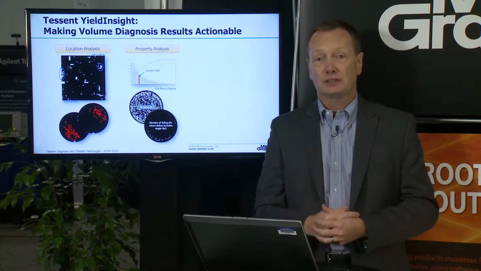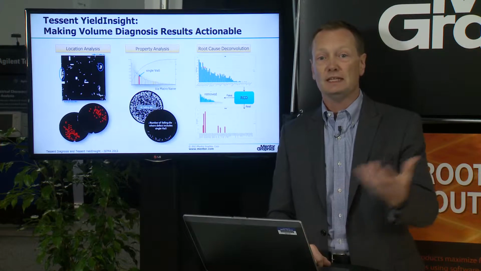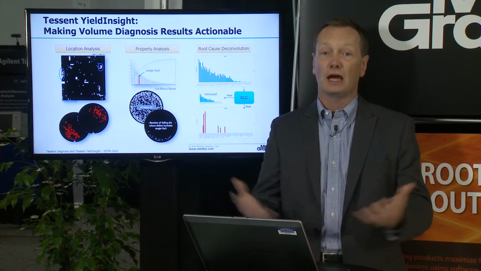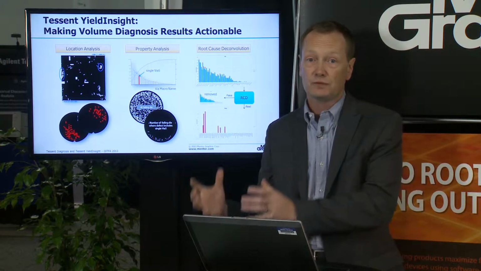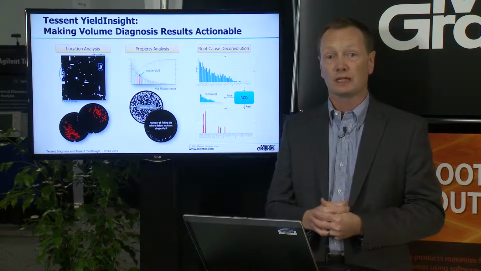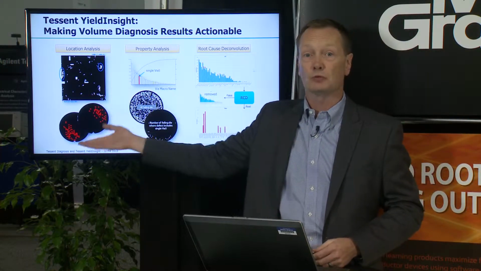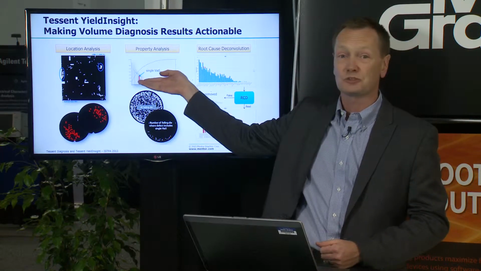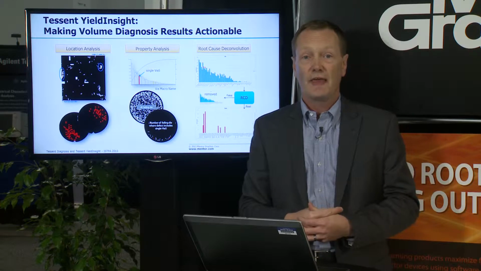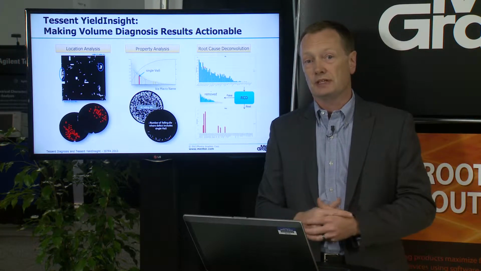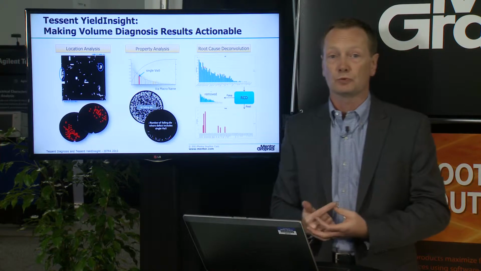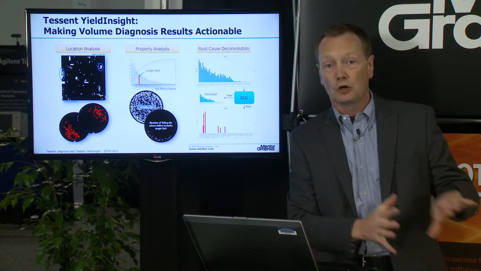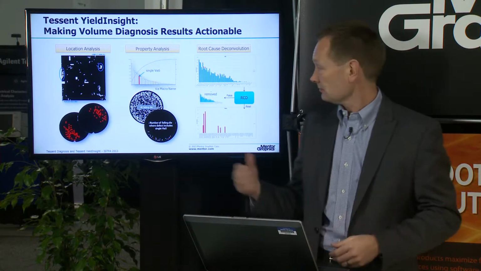Now, in Tessent Yield Insight, we can take these results from many failing devices and analyze them to make more sense out of the set of results. We have different ways to analyze this data. We can, for instance, look at die level and wafer level heat maps. We can see if there are clusters that are associated with specific defect properties. And the most revolutionary capability in Yield Insight is what we call Root Cause Deconvolution. That's a way to get rid of some of the noise that exists in the diagnosis data